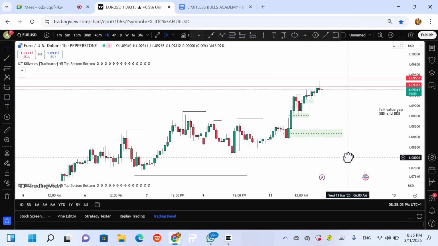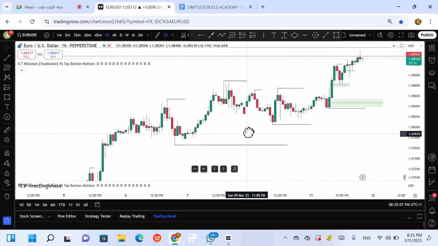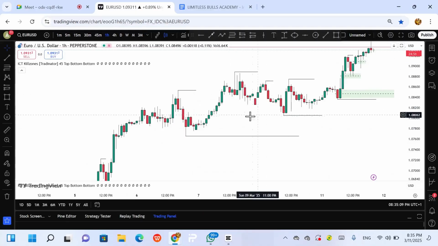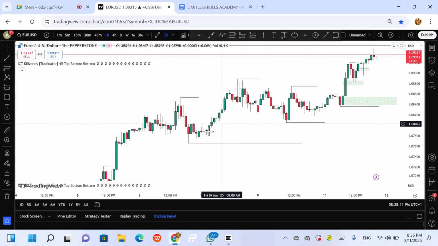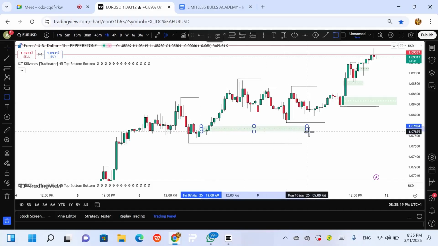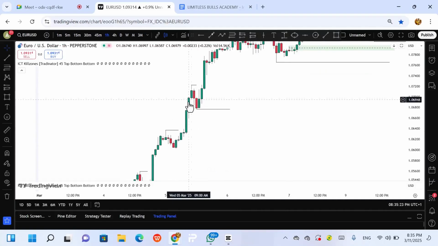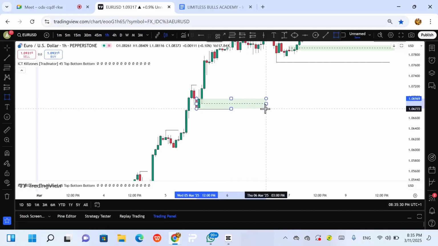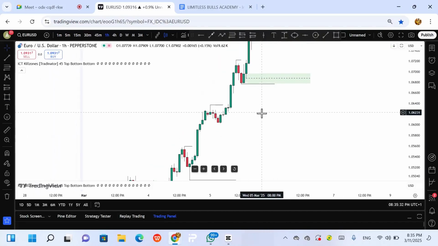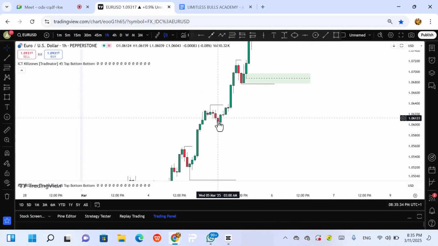Just stay with me. We will put all of this together now. We are just examining this concept. So we saw this consolidation. What happened? This was where momentum entered the market from. So this is an order block. We saw this consolidation around this zone. This was where momentum entered the market. So what do we call this? We call this an order block. What do we call this point? An order block.